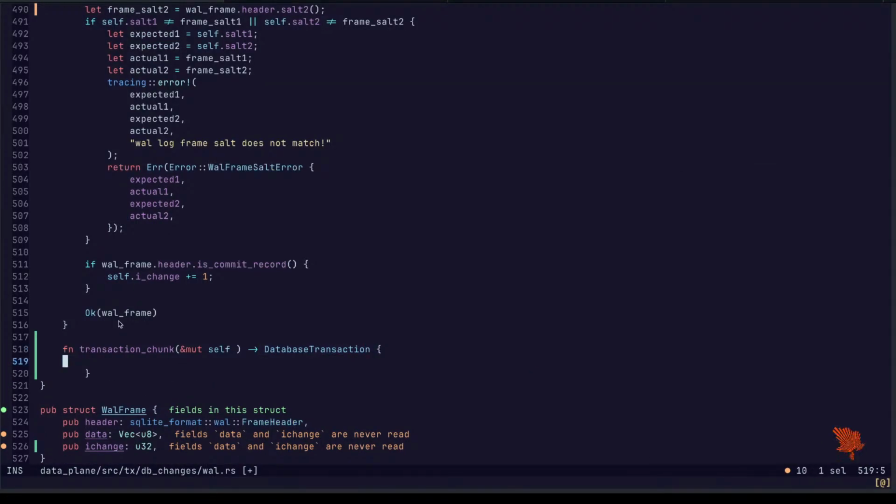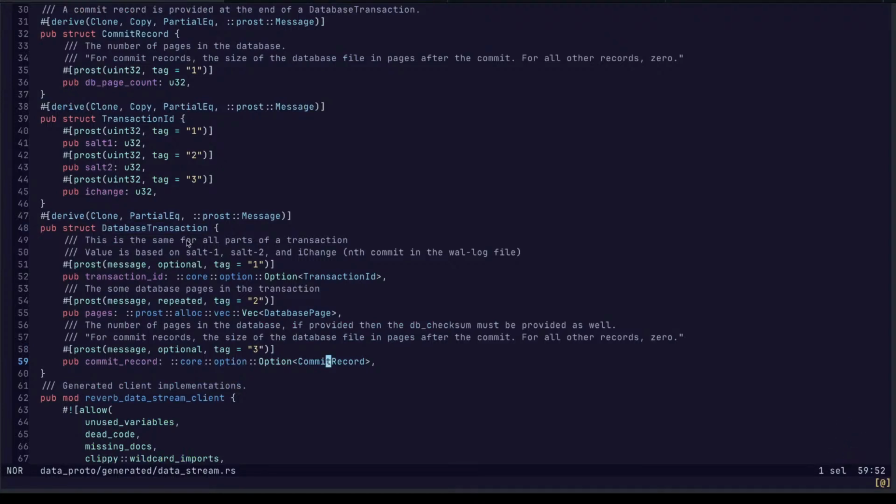And in this case, it would have the IDs, pages, etc. We would be able to inspect this to see if the commit record has been sent. That means that we would only need to do the DB lookup for the pages that we're actually sending. So it'd be once every 10 pages.